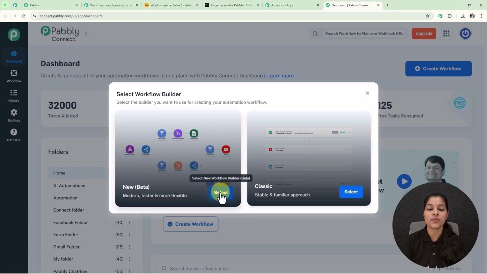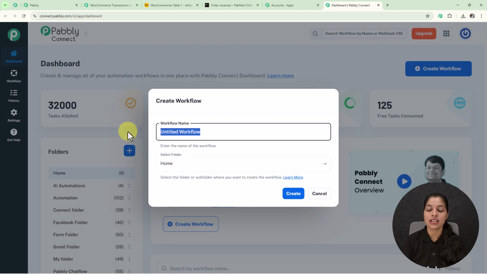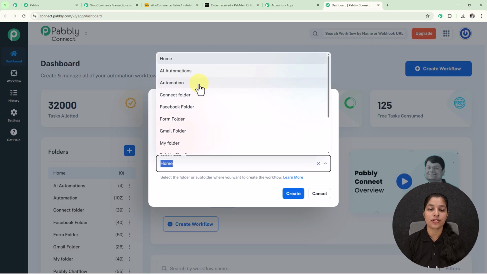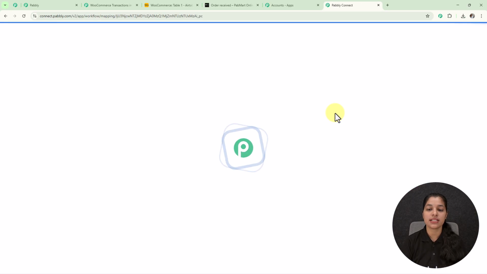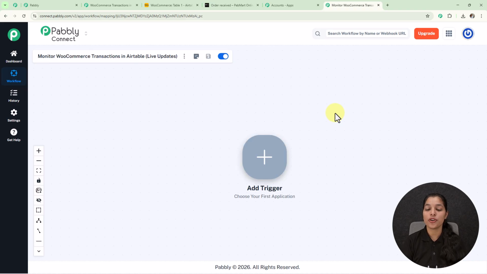So now let's click over this select button, and here it is asking me to enter the workflow name. So I'm going to provide my workflow name as monitor WooCommerce transactions in Airtable, live updates, and here I'm going to select my folder as automation. Now let's click over this create button, and here we have landed on our workflow page where you might see